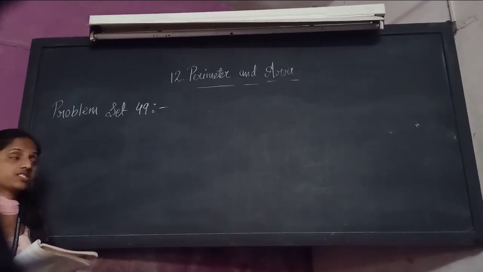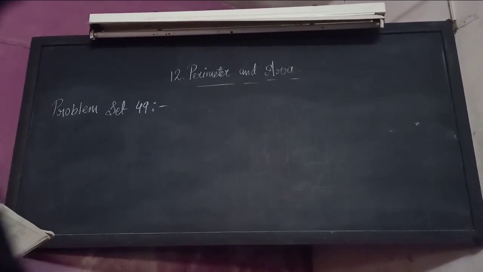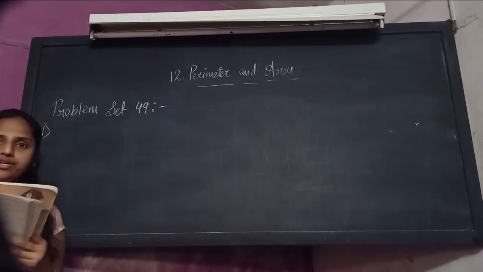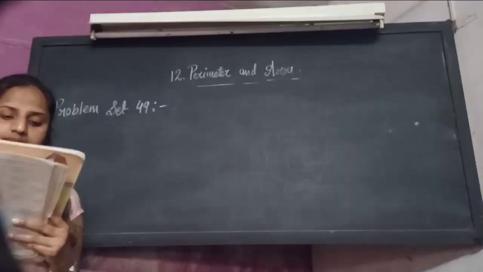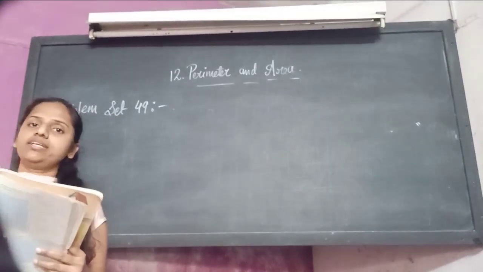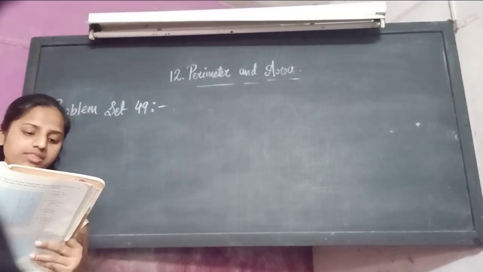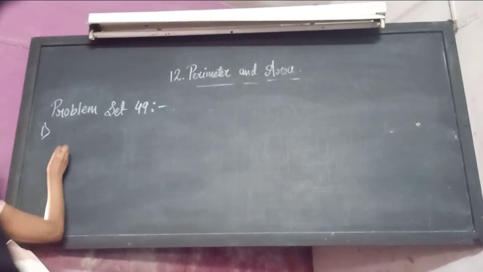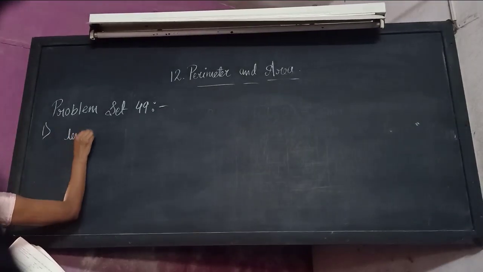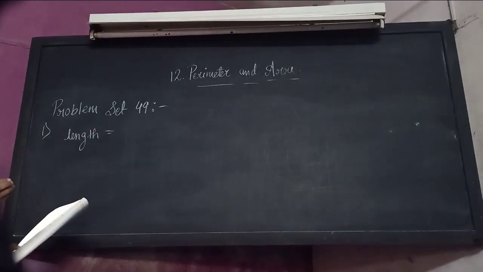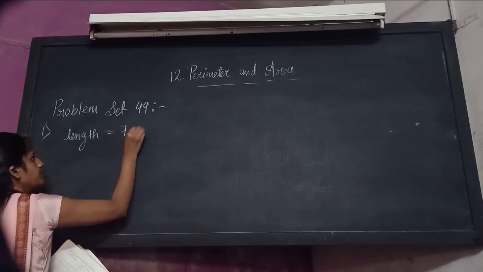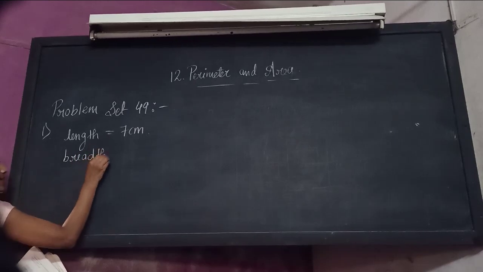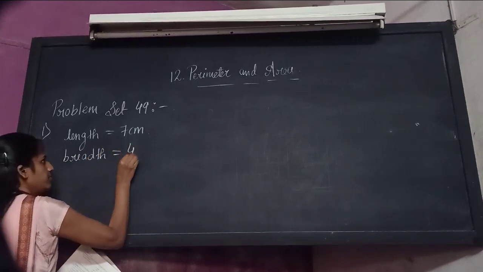Okay, now let's see the questions based on perimeter of rectangle and perimeter of a square. The first question we have: how much wire will be needed to make a rectangle 7 cm long and 4 cm wide? That means here the length of rectangle and the breadth is given. Wide means breadth. So just write down whatever is given. The length of rectangle is 7 cm. The breadth is also given. Wide means breadth. That means the breadth is equal to 4 cm.